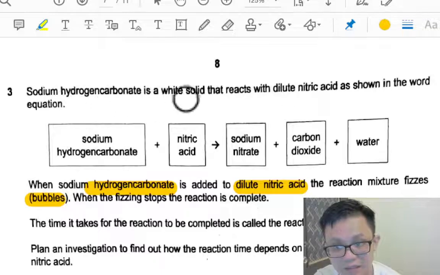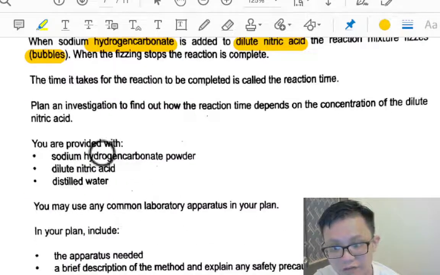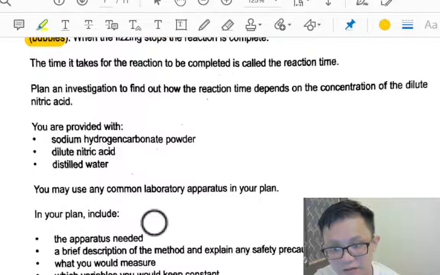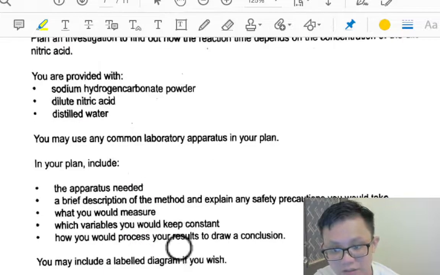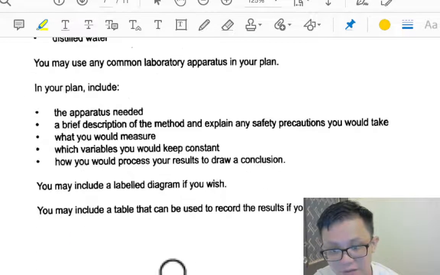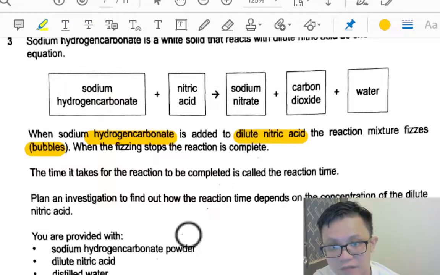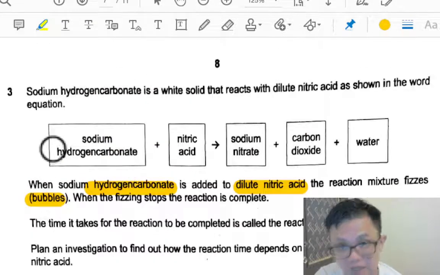Let me think. So then what is added? You are provided with this. You may use the common apparatus, you need to know how to measure. You may label the diagram as you wish. I'm looking for what is the objective of this